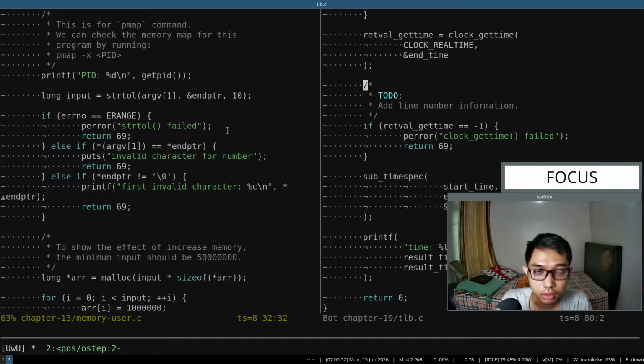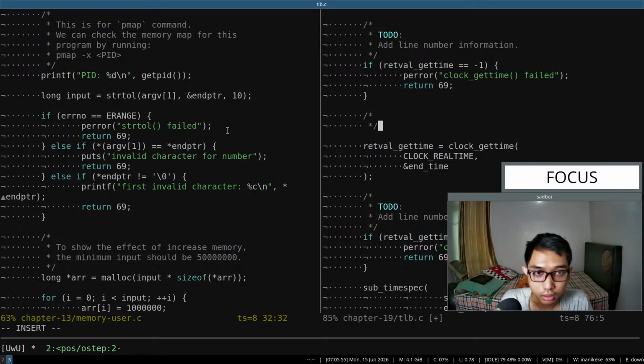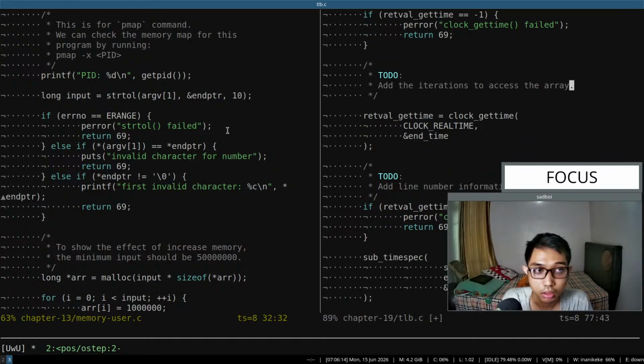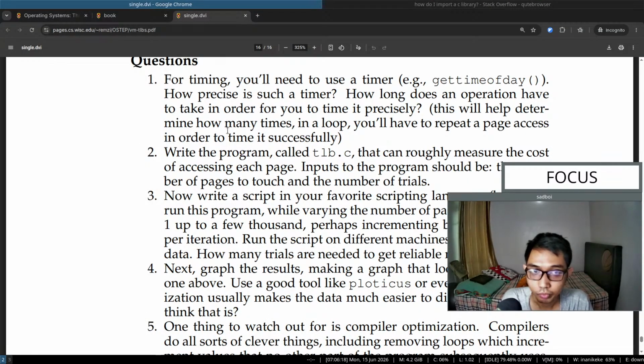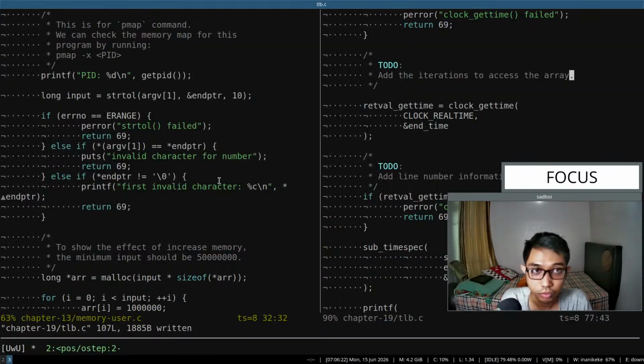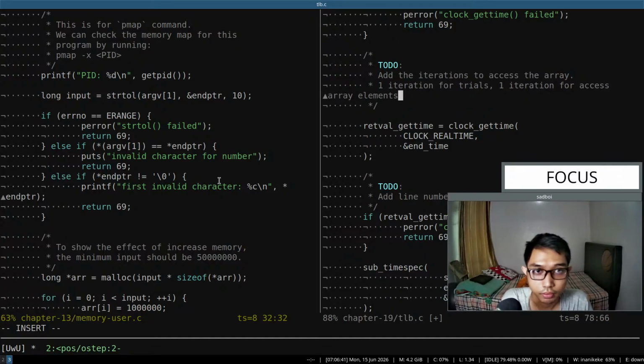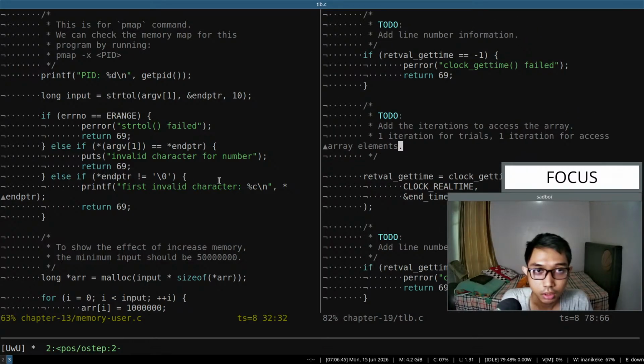And then in this line at the iteration to access the array. One iteration for trials, one iteration for accessing array elements. Okay, I guess